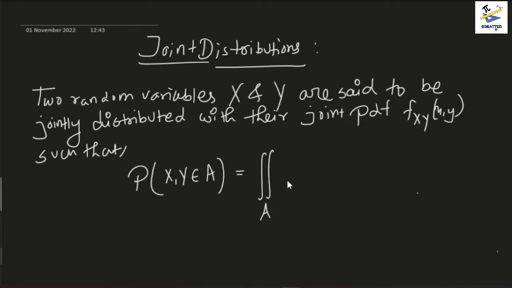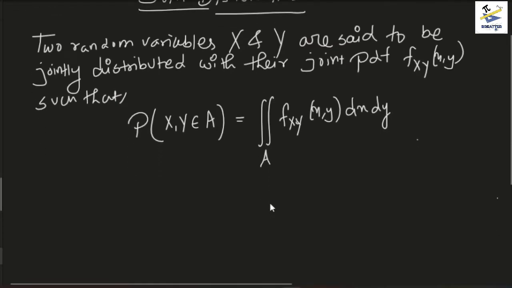double integration over the region A of f_XY(x, y) dx dy. So like this is how we are going to solve these problems. Now this is how the joint PDF would be defined. Now this region which we are talking about, this A is a two-dimensional region obviously, and we need to be careful about the region of integration in this kind of problems, because well what we know from this is if